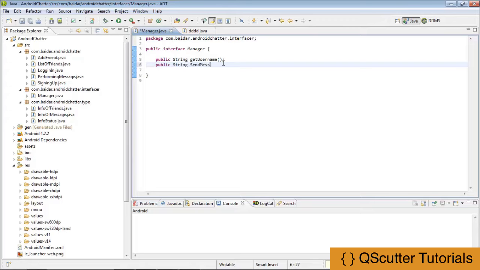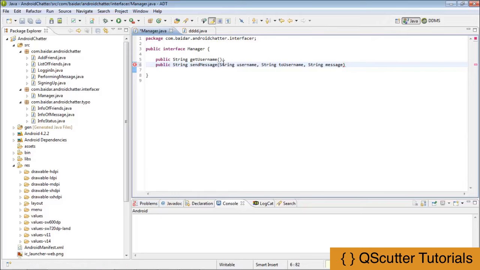Now the next thing is I'm going to use a public String sendMessage. So what does sendMessage do? It's very clear. It contains three parameters, the username, the username you are sending to, and the message, and those are among the most important parameters. For example, I'm going to use String username. It will be the username of the person who is sending the message, and then I'm going to use String toUsername. It will be the username of the person who is receiving the message, and here I'm going to use String message. It will be the message which the username is sending to toUsername, and then